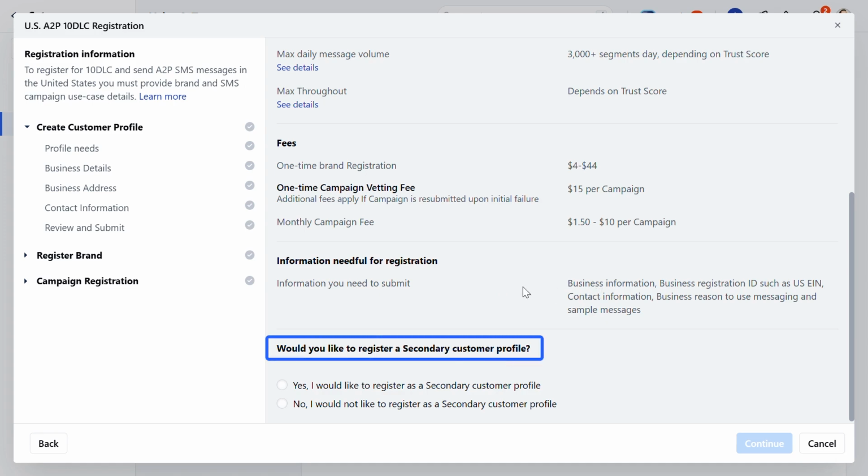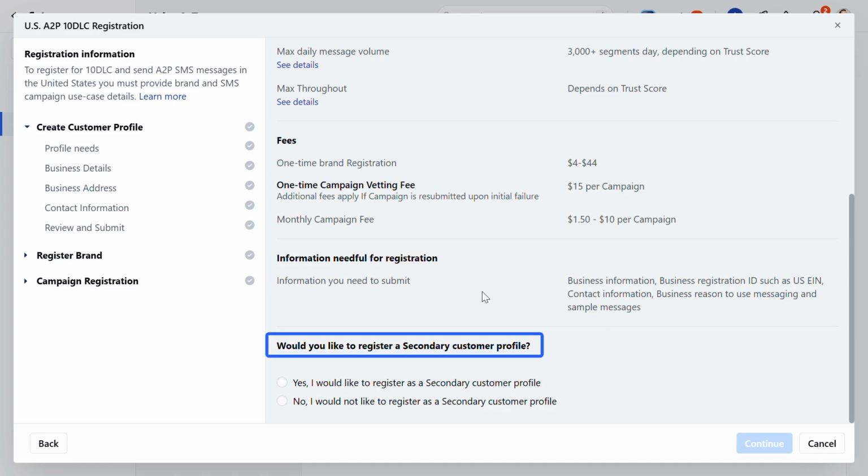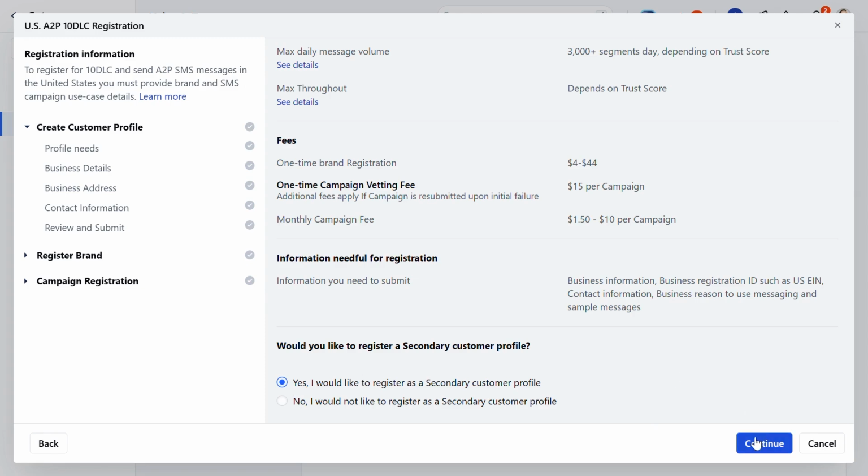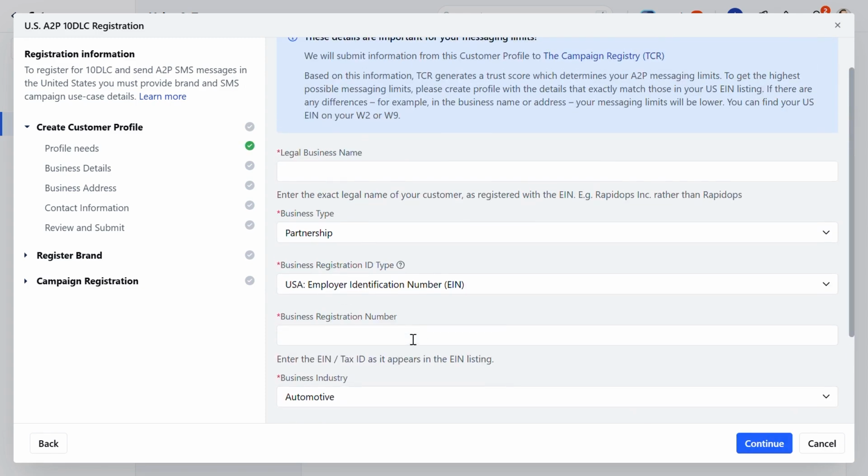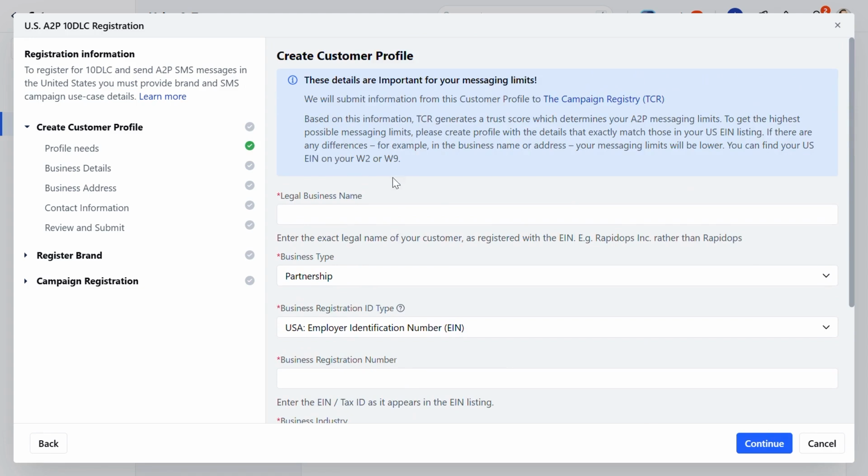Proceeding further, it will ask you if you would like to register a secondary customer profile. You need to select yes, and that is the only option you will need to select to proceed further. If you select no, it will not let you proceed further. So make sure you select yes on this option. Hitting Continue,